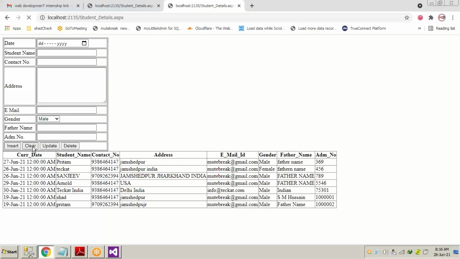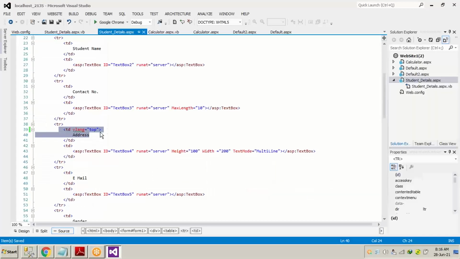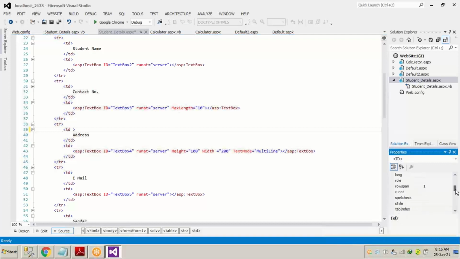If we just clear, it doesn't go up. Let me check once more. The TD function right here: title, style, lang is something different, hidden.